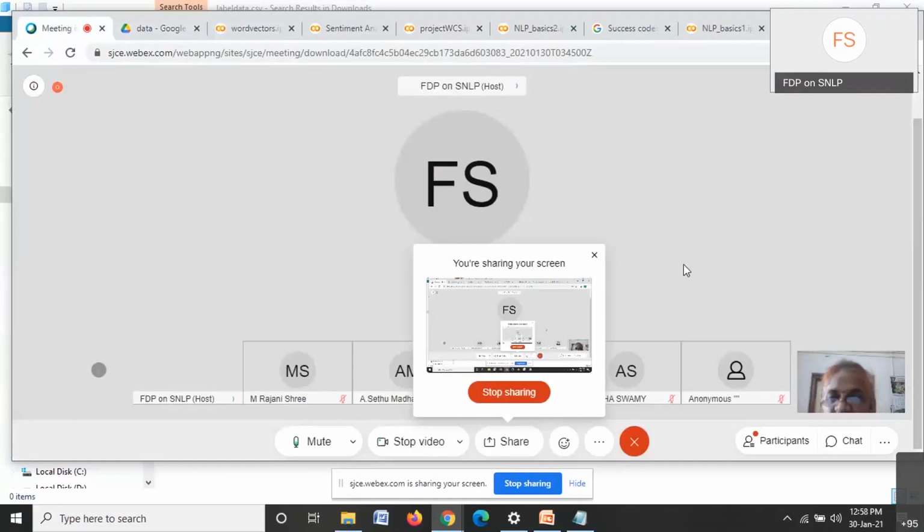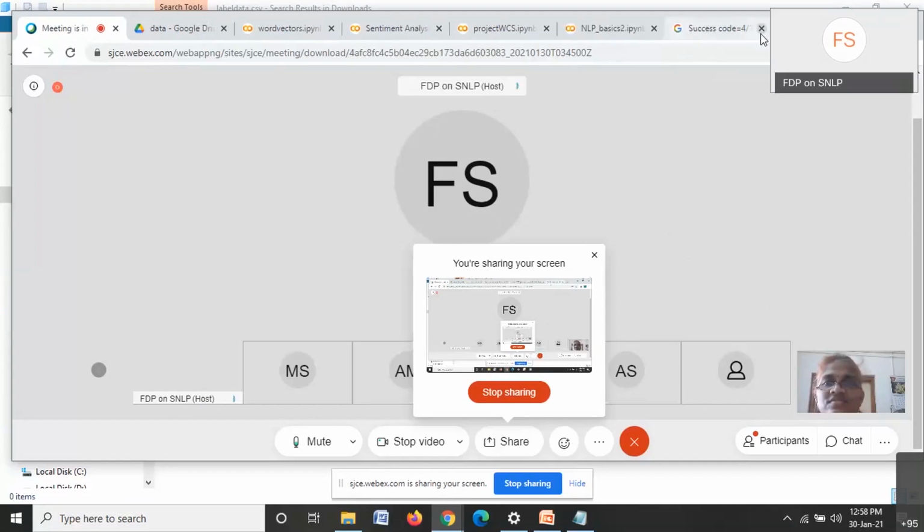Thank you, madam. It was a wonderful talk on text embedding in the morning session, and now this practical session is really useful to the participants so that they can work on natural language processing applications.